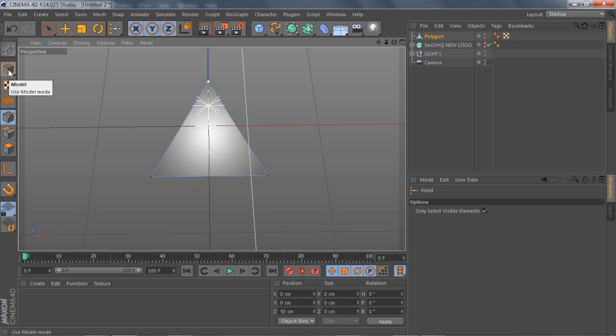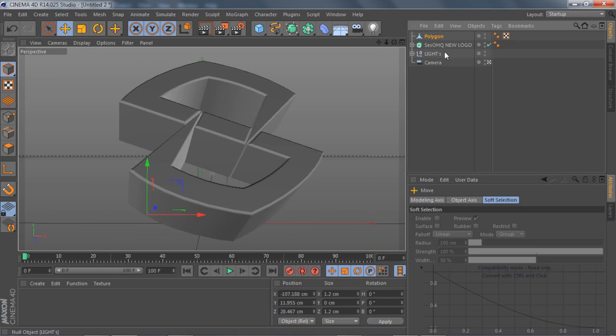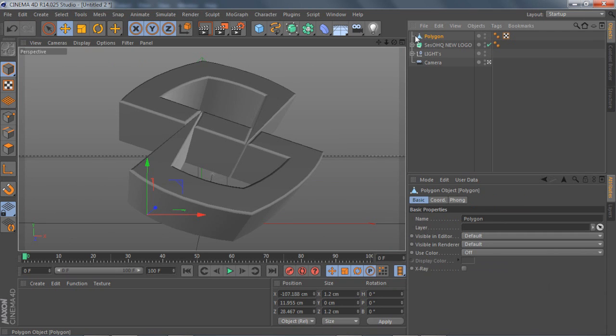Now go to your model object and go back to your scale tool. You want to see the size. It says 100 right here. Make this about 1.2, and change this to about 1.2 also, and then hit apply. What that'll do is make it really nice and small, ready for you to get the effect into play soon. Once you have that polygon set,